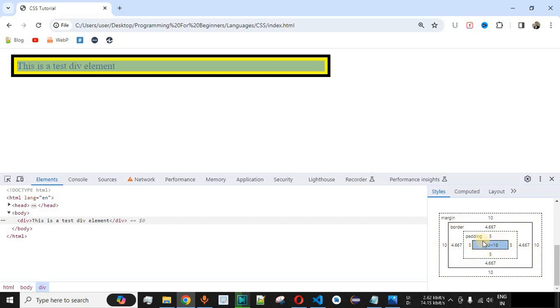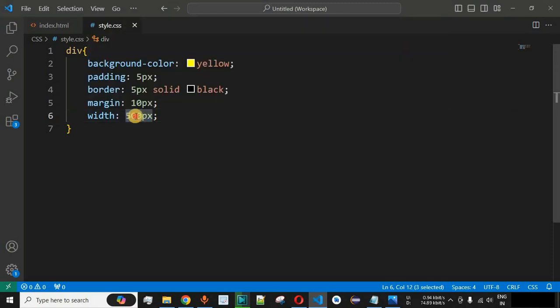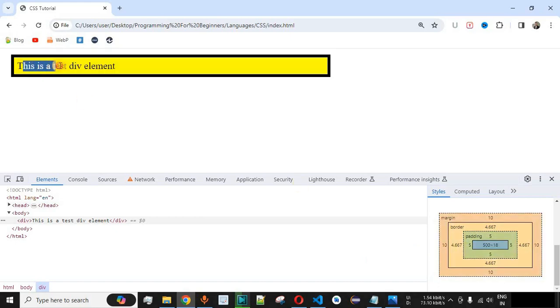So 500 is the width of the content followed by the padding, which is again 5 pixels from the left and 5 pixels from the right, which makes a total width of 10 pixels over here. Again, we have the border of total 10 pixels as far as width is concerned, and the width of the margin will be 20 pixels, that is 10 pixels on the left and 10 pixels on the right. So basically the entire width of the box model over here will be 540 pixels, whereas the width that we had provided was 500 pixels, and this will only reflect to the content of this div element that you can see over here, which is a simple text in this case. So guys, you should remember this whenever you are going to apply the width and height attributes as well.